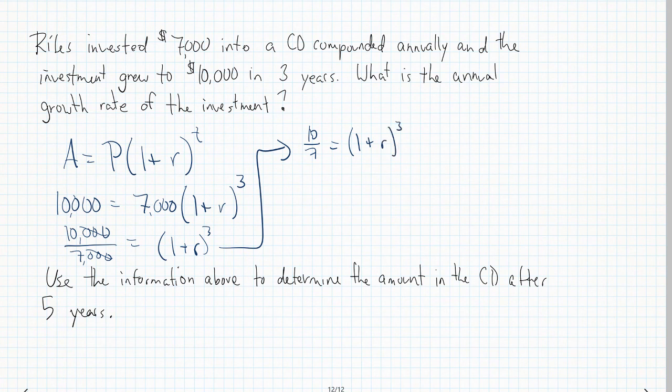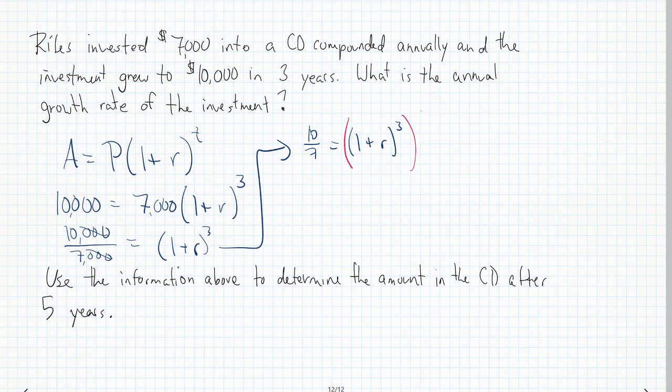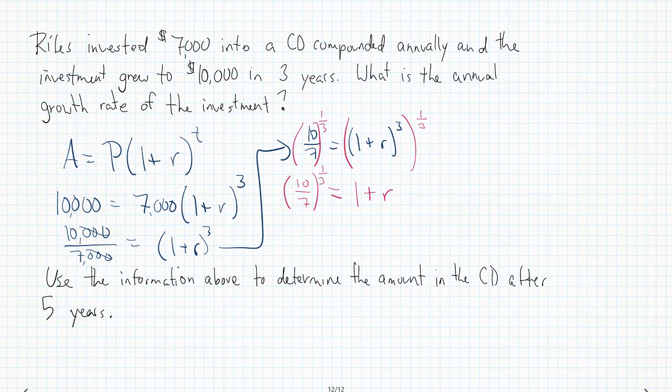Now how do we get rid of that cube? Well, we can take what's called a cube root, but what your calculator might do a little bit easier is raise both sides. If we do it to one side, we must do it to the other. So since there's a 3, the way to get rid of the 3 is divide by it or multiply by 1/3. So we'll raise it to the 1/3 power. Okay, so what we get here is 1 plus R to the 1 power, which is just 1 plus R, and this is 10 over 7 to the 1/3 power. Now if you type that in, make sure the whole 1/3 is in parentheses, you should get something like